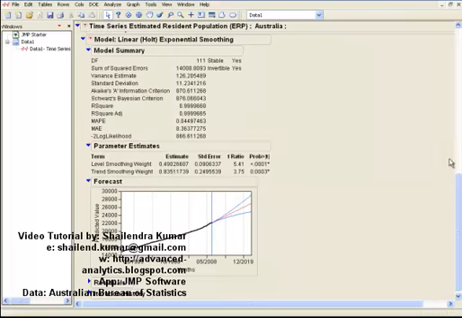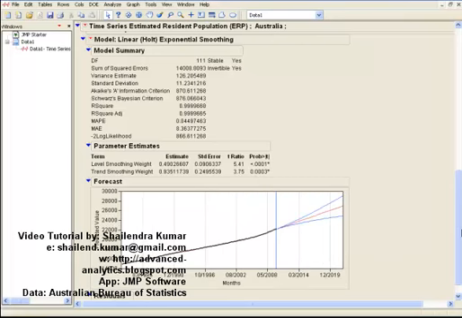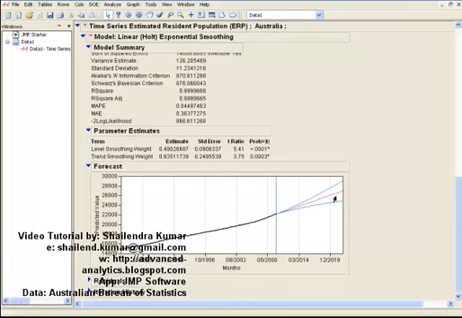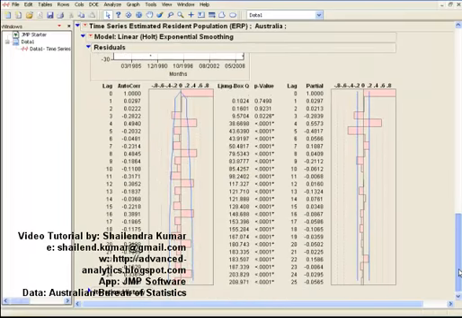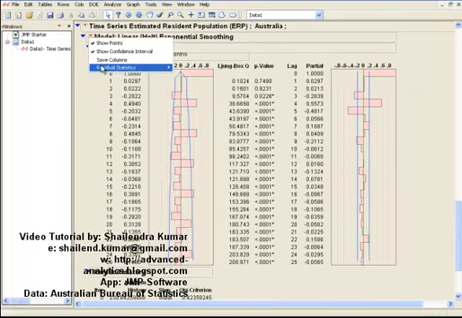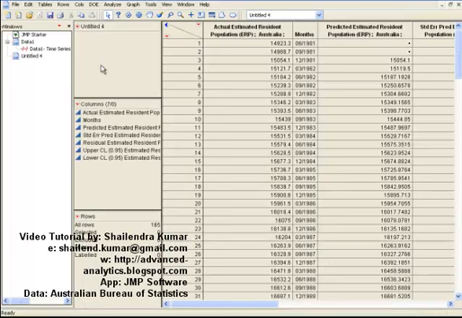Now once I've done that, I can see my forecast in the next few years, and it's gone up to 2019. If I look at my residual plot, it shows that it's pretty strong. It's quite scattered around, doing the actuals. Now I can go and save the columns. Once I save the columns, what I get here is for each month I get the actual and the predicted